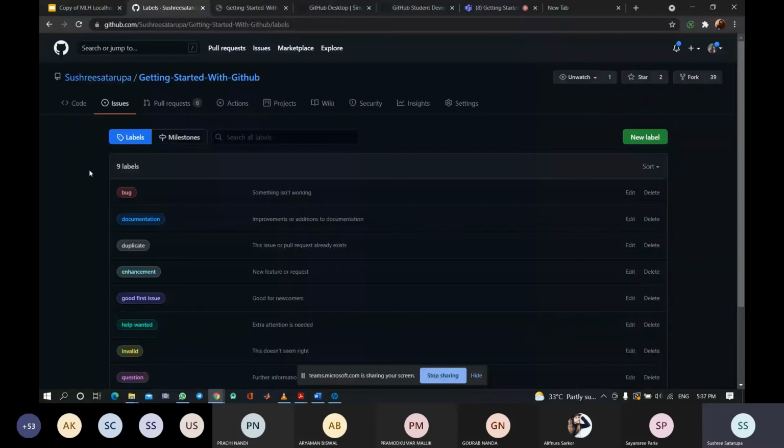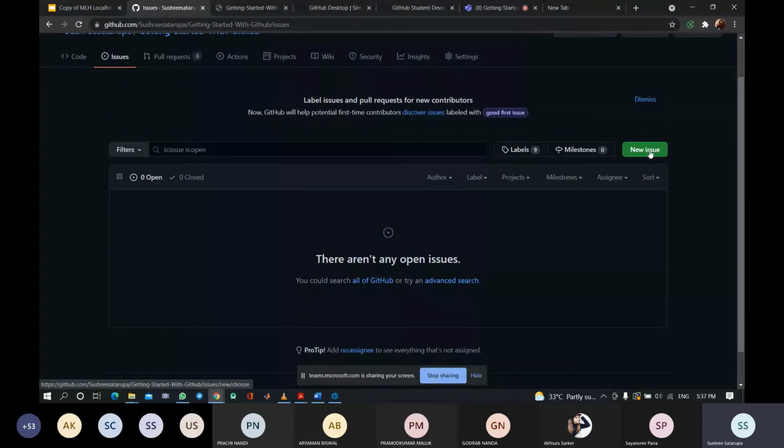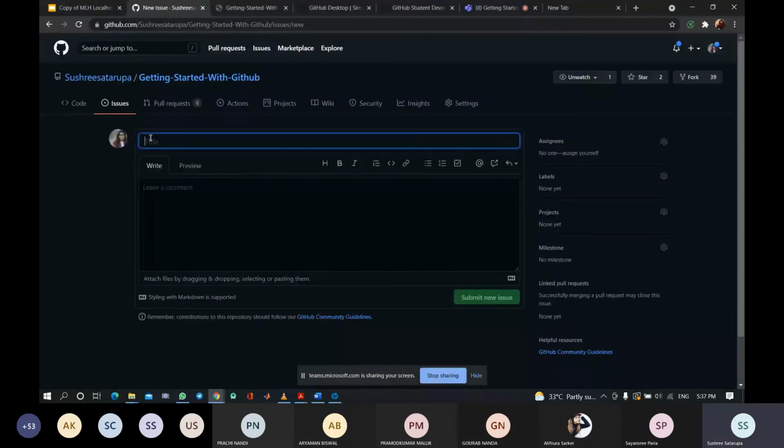Wait a minute, let me show you. You can create a new issue, like "Improve the README file." Our README is too short, so I will create an issue to improve the README file.